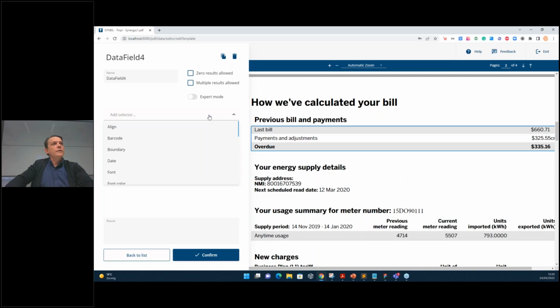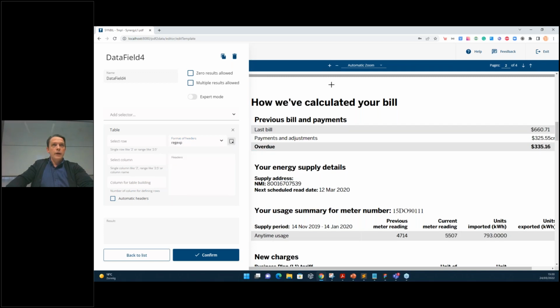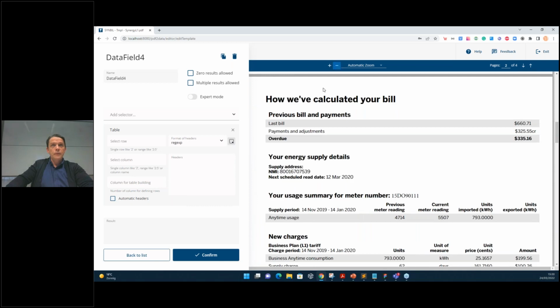Well, it's a table but without headers. We have a table selector which is normally pretty powerful, but it doesn't work correctly without headers. So we can use as a header the very first line of that table, this one, last bill,